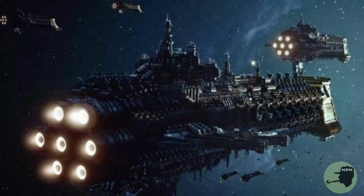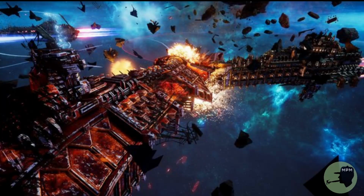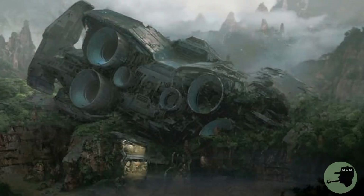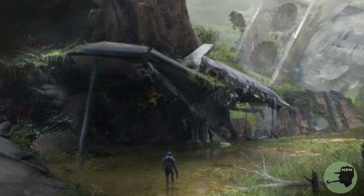Roughly 3,000 years ago, an Imperial expeditionary force was sent into the southeast of the Eastern Fringe to deal with an orc war. After the fleet was attacked, they landed on the nearest habitable planet. This became known as Concordia. The crashed fleet, consisting of around 100,000 survivors, made up of Astra Militarum troops and support staff, founded the new